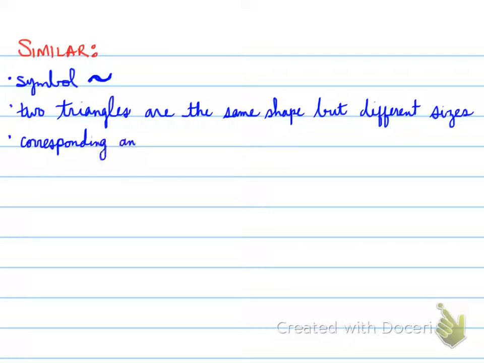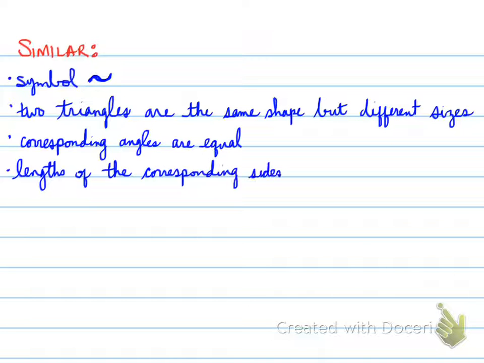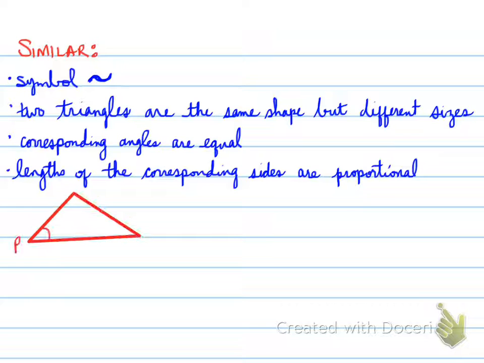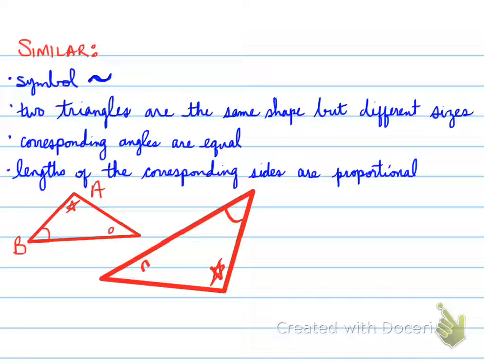And the corresponding angles are equal in both triangles, but the lengths of the corresponding sides are proportional. So rather than them being equal, they're actually proportional. So here's an example of two triangles that